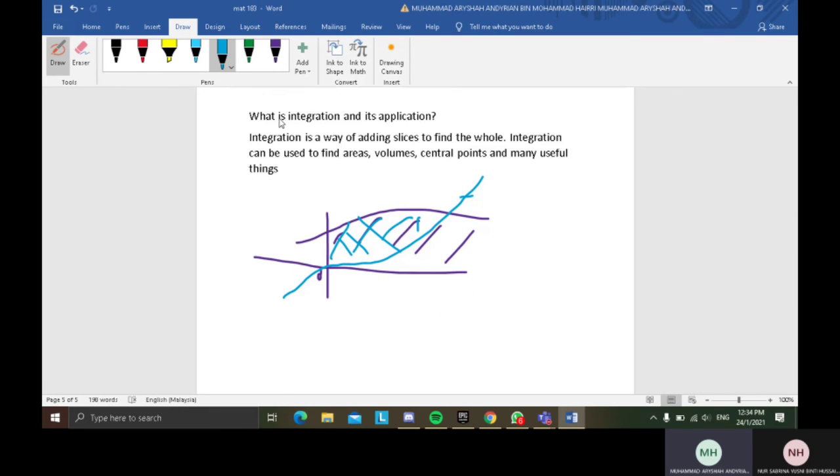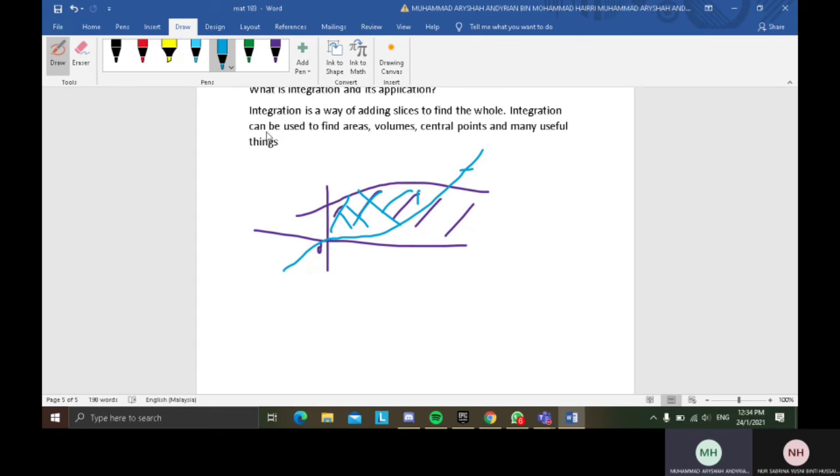So what is integration and its application? Integration is a way of adding slices. That means from the slices you can find the whole. Integration can also be used to find the areas, as I mentioned before, volume, center point, and many useful things